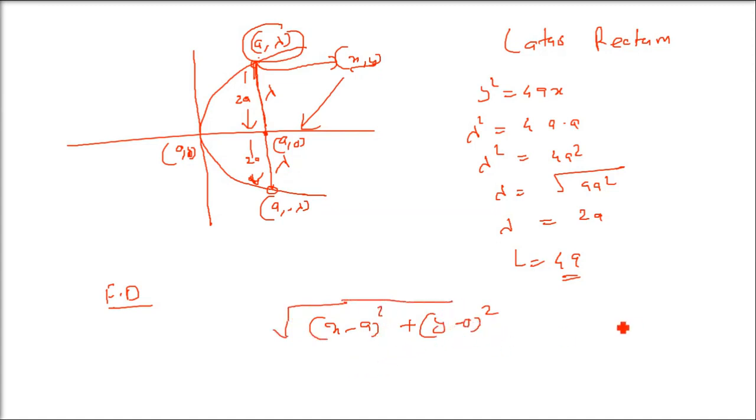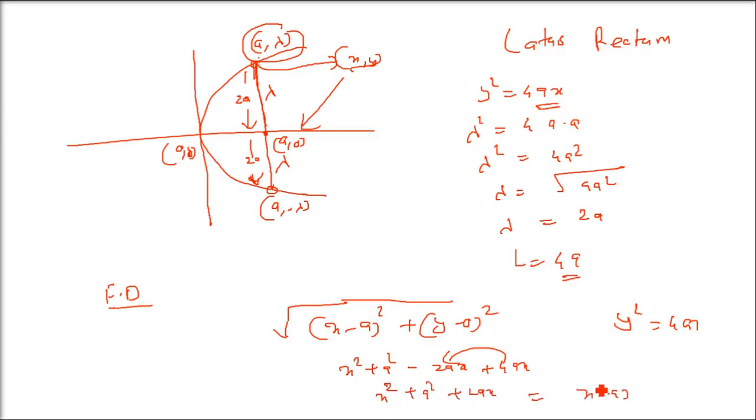So this is (x minus a) square and y square. Now y square we can put as 4ax. In place of y square we can always put 4ax, we know the equation now. So I am opening (x minus a) whole square, and then putting y square as 4ax. So what do you get? x square plus a square minus 2ax plus 4ax, sorry, so this will be (x plus a) whole square, which is under the root. So you get x plus a. So this x plus a is the distance of any point on this parabola from the focus.